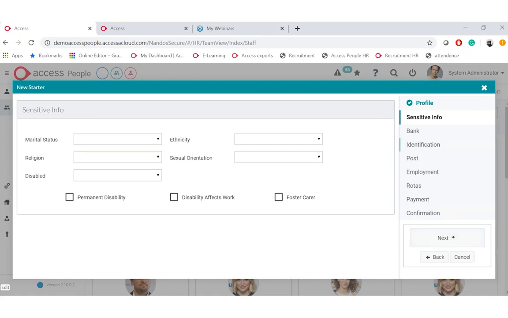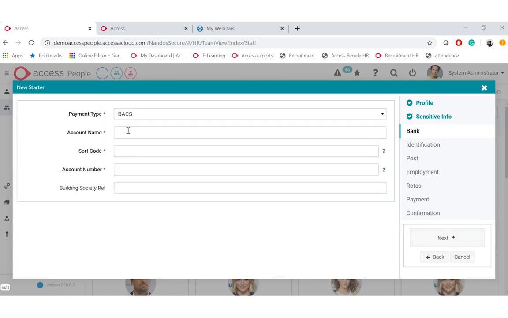It will ask you for any sensitive information. You can have this as mandatory or not, depending on what information you want to collate. And then it will ask you for the bank details. Like I say, if they were coming through recruitment, they could put their own bank details on.